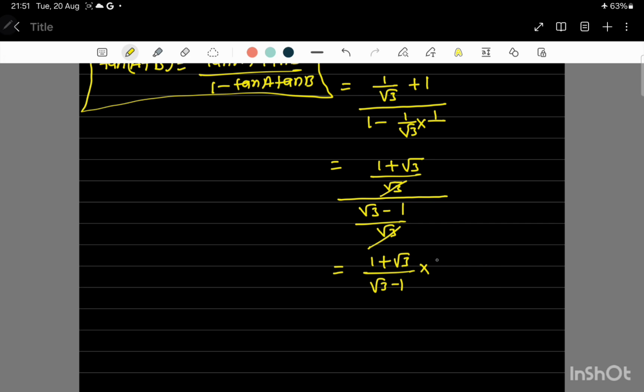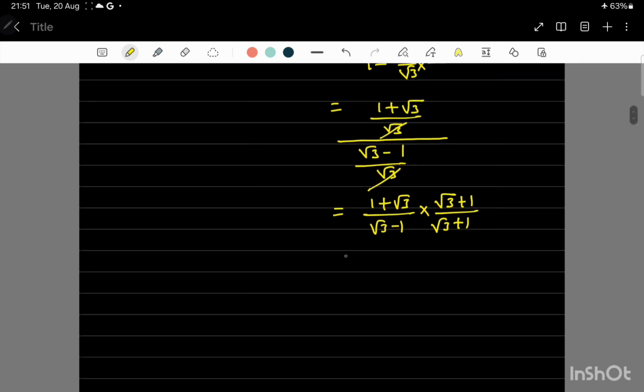So if you rationalize the denominator, then we can multiply here by root 3 plus 1 divided by root 3 plus 1. So root 3 plus 1 into root 3 plus 1 becomes root 3 plus 1 whole square. So root 3 plus 1 whole square is root 3 square, which is 3, and then 1 square is 1, and then plus 2 root AB means 2 root 3 into 1. So 2 root 3 divided by root 3 minus 1,